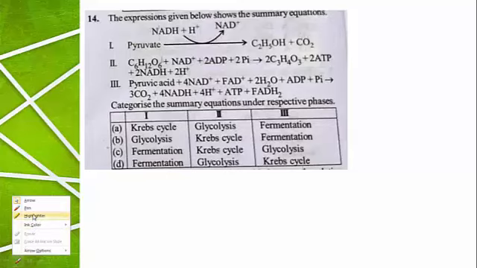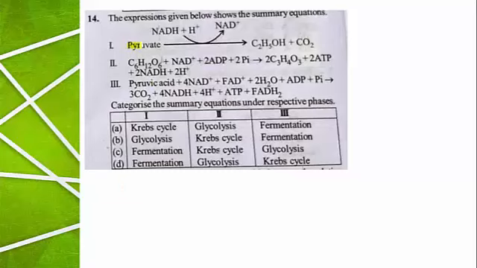To identify the correct option, the simple thing now I am going to explain. Which one is the initiating molecule of the reaction, that you need to concentrate. Here pyruvate is the initiating molecule and NADH is converted into NAD plus. So this is converted into C2H5OH with the liberation of carbon dioxide. Obviously this reaction represents the alcoholic fermentation.